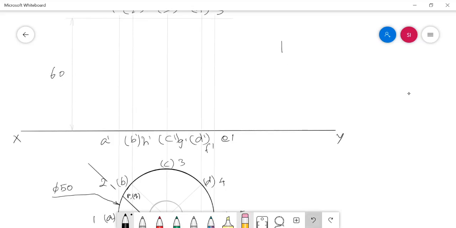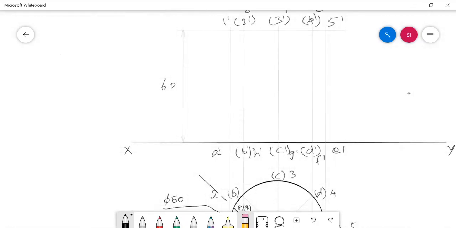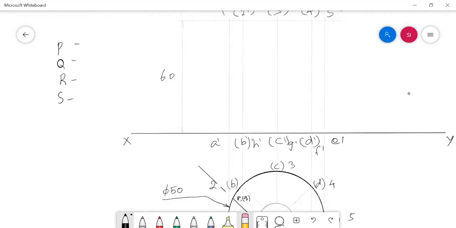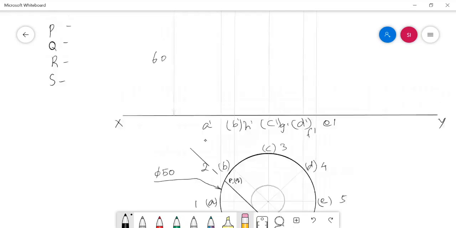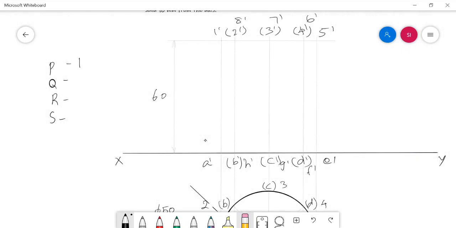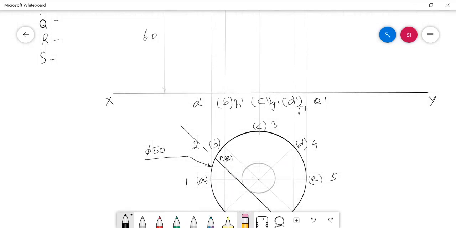They are P, Q, R, S. So in these PQRS cut points, the cut point P can be given to the piece of arc 1 2, because it is not in the bracket, so it can go to 1 2. So the point P is in the 1 2 arc piece, and Q automatically goes for AB.